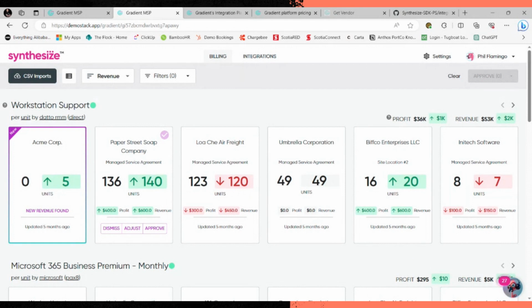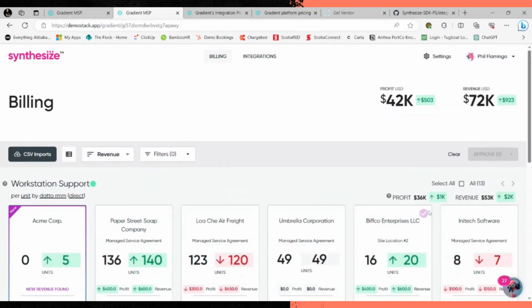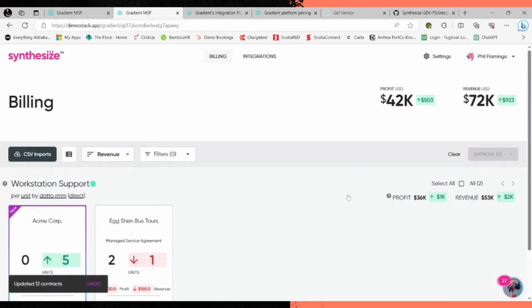So, regardless of what accounting package you use, QuickBooks, Xero, MYOB, whatever it is, you already have those integrations from your PSA downstream to those. We've just made sure that all of your agreements or contracts in your PSA have the right line items on them and the right quantities to them all. And it's as simple as that. And once you've approved everything for a service, boom, it's gone and removed from there.